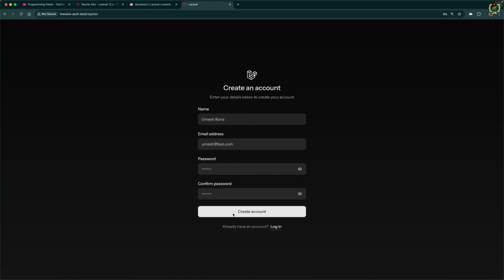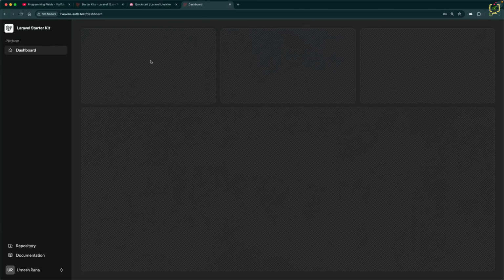Now let's create the account. And yes, after creating the account, this has internally logged the user in, and here it redirected to the dashboard page. Again, this entire layout is the same as we saw in React.js. We have the sidebar, we have this placeholder for the dashboard, and further we have the profile settings here at